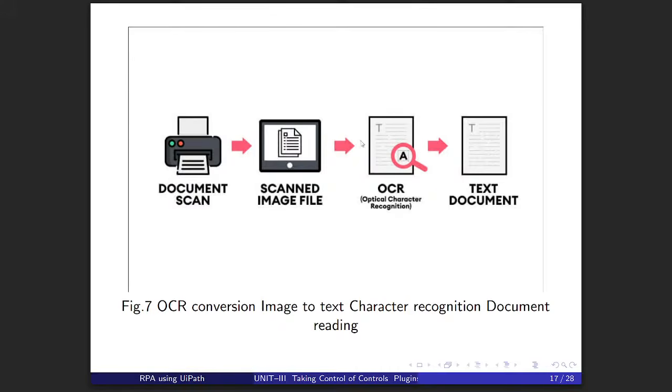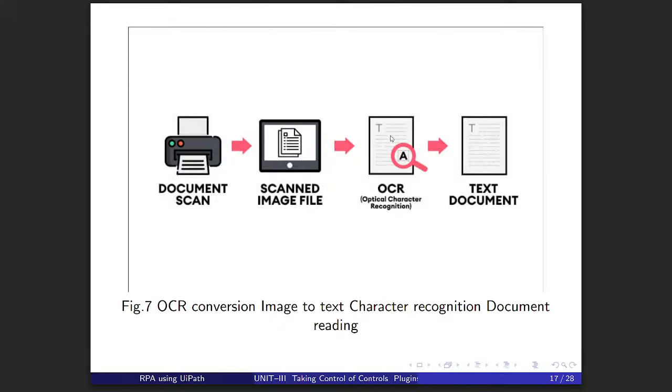In that image, we will be having the text. It may not be possible by using UiPath alone. OCR acts like the eyes of the robot. It looks at the image and tries to recognize the letters and numbers inside it. For example, if I see the text inside this, this OCR acts as a robot eye and sees,